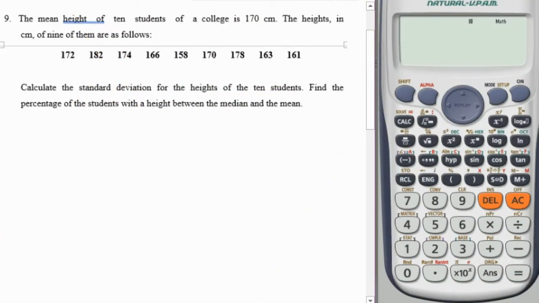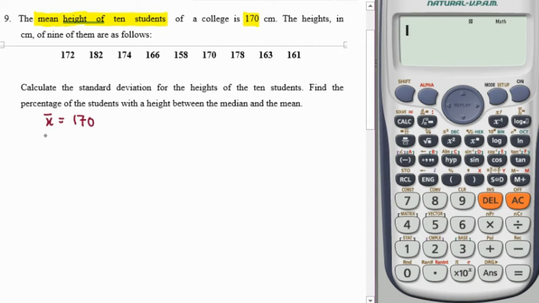Hi everyone. In this video, we're going to discuss these questions for tutorial. The information given here is the mean of the height for 10 students is 170. So the height in cm of 9 of them is as follows. You are given the data only for 9 students, but they are calculated for 10 students and their mean will be 170. So the mean will be equals to